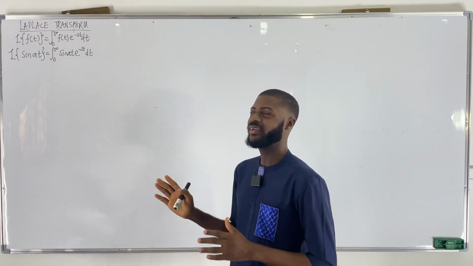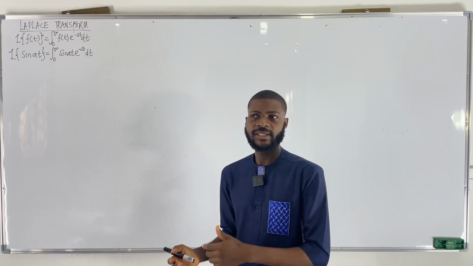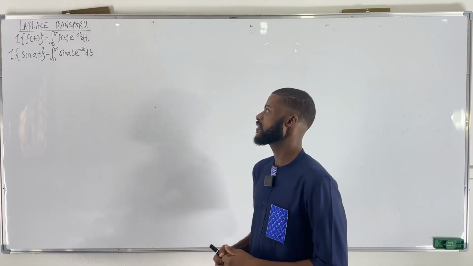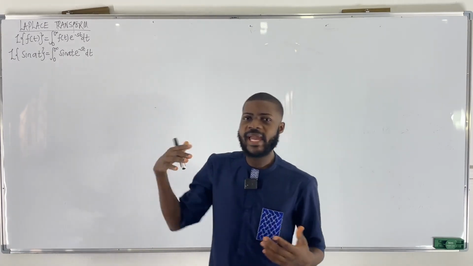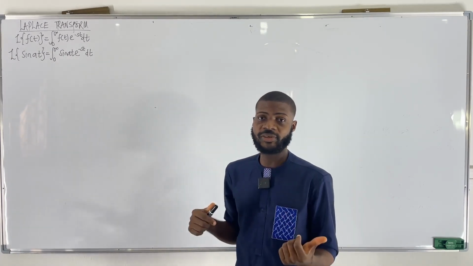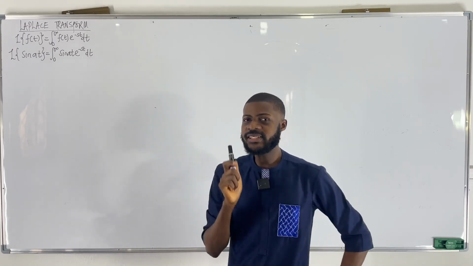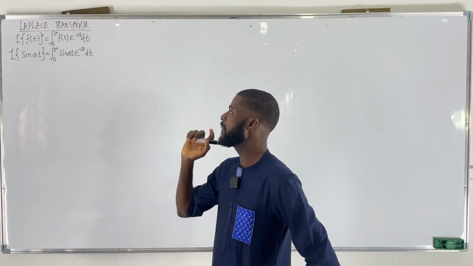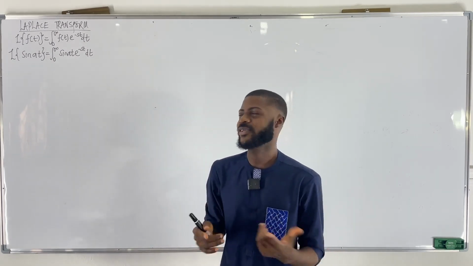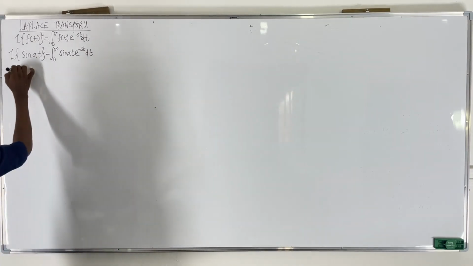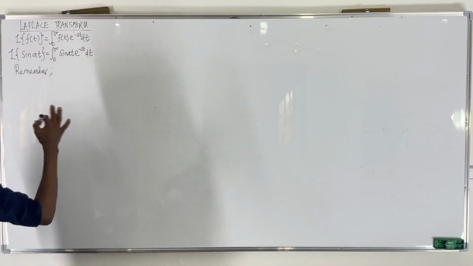Why is this not necessary? Because there's a way I can conveniently find the Laplace transform of sine and cosine. If I can make this sine become some exponential, remember in the previous video, we've actually integrated e to the at. So is there a way I can make that sine become an exponential? Yes, of course. You need to remember, recall,